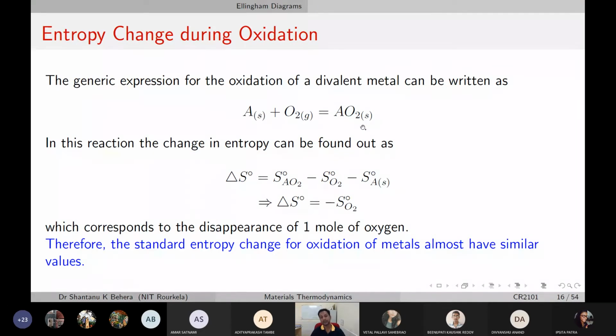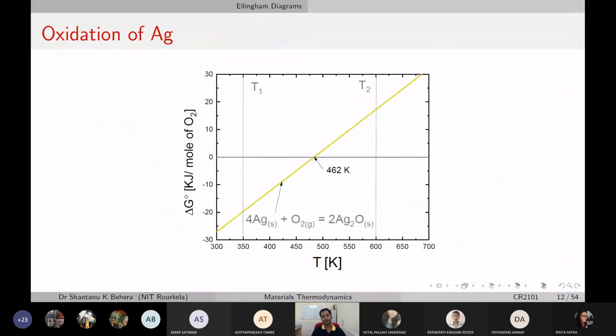So in this whole process, since S0 is a bigger positive number, del S0 is a negative value. It means the whole system goes for negative entropy. Entropy at the end of the process is much lower than it was in the beginning of the process. Whereas if the entropy change is negative, what is the negative of negative? Positive. All right. That's one of the reasons that when you talk about this graph and then you talk about the slope of the graph, it is always a positive slope because the process itself